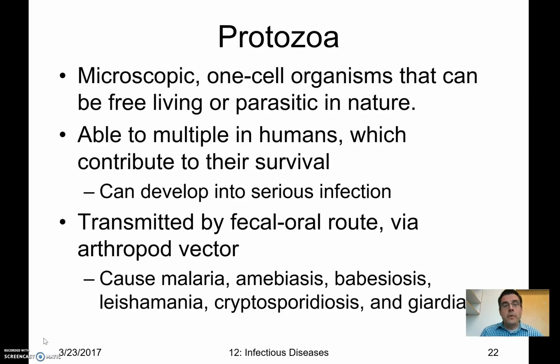All right, Public Health 4040 students, we're still talking about material from Chapter 12 with infectious disease epidemiology. We left off talking about protozoa, which are one-celled organisms that can either be free-living in the environment, or living within a host, or they can be parasitic in nature, where they can cause serious damage to animals or to humans. We talked for a few minutes already about leishmaniasis and that transmission cycle with sandflies to humans,